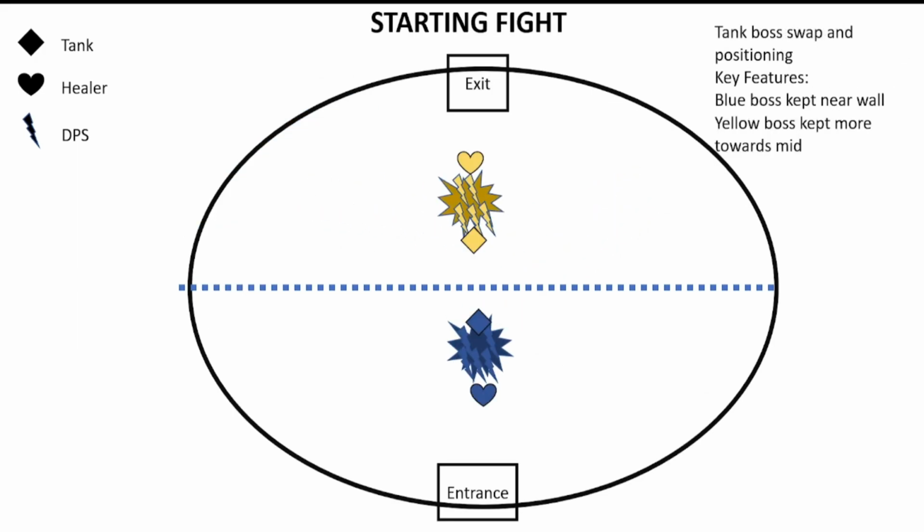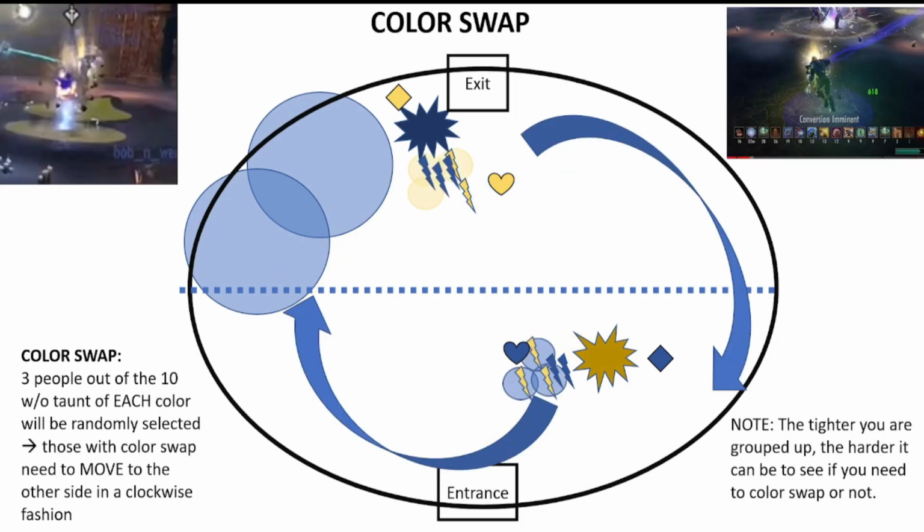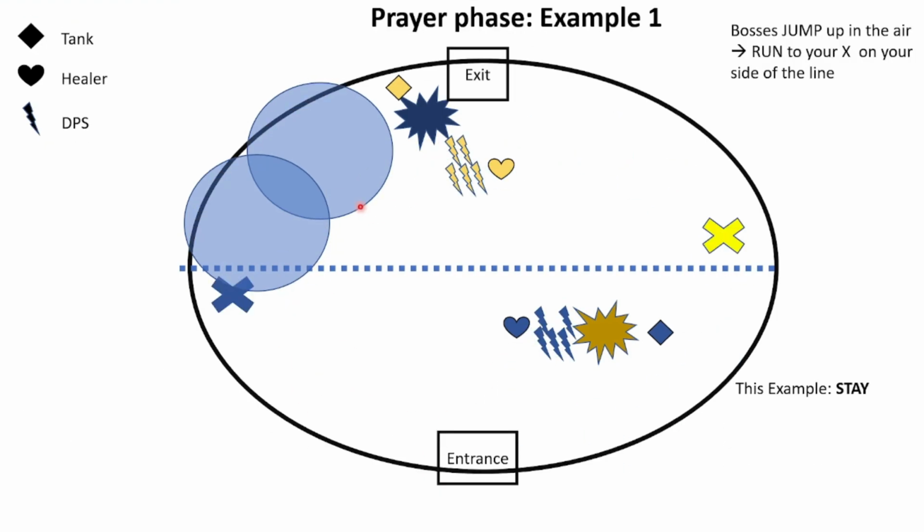So, we've had the initial start of the fight, we've had color swap, now we get into prayer phase. This is where color awareness becomes very important. The start of prayer phase is whenever the bosses jump up into the air. As soon as the bosses go up into the air,